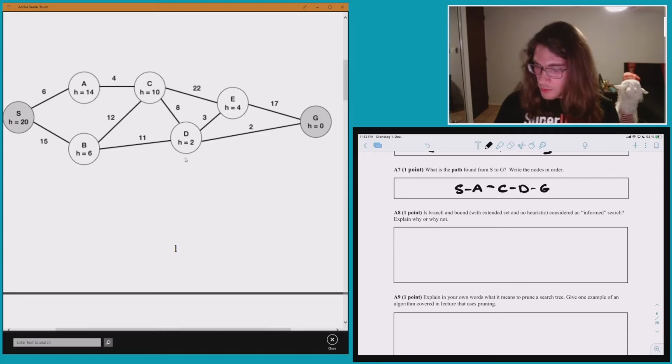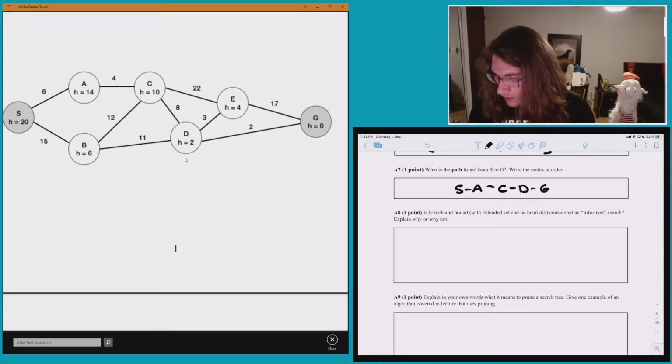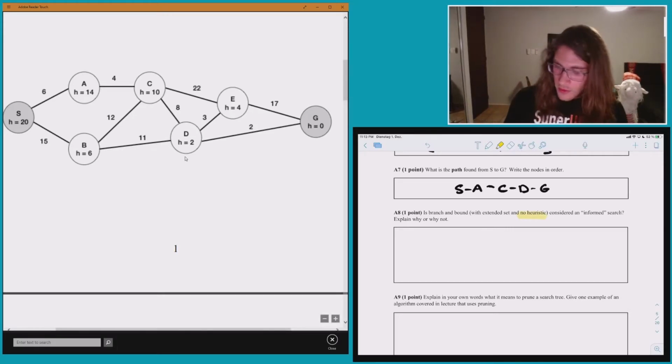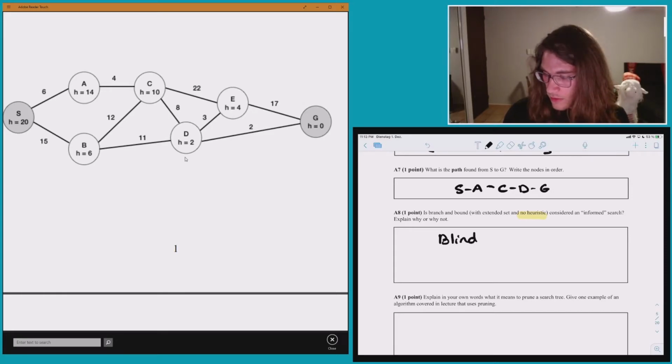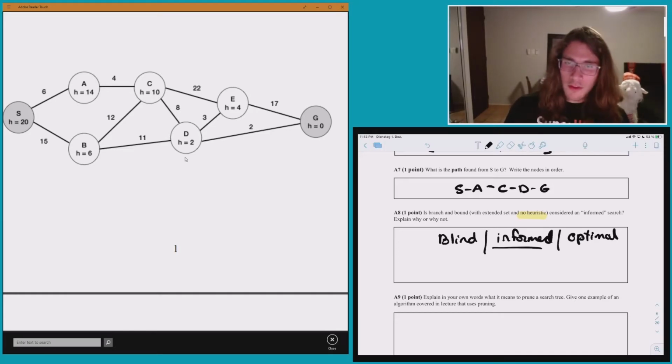Okay, so this is a conceptual question again. Is branch and bound with extended set and no heuristic an informed search? And this is the catch, no heuristic. At the beginning of the semester, in the search recitation, I divided the search methods into three categories: blind, informed, and optimal. If I'm remembering it correctly, informed were the searches that rely on heuristics